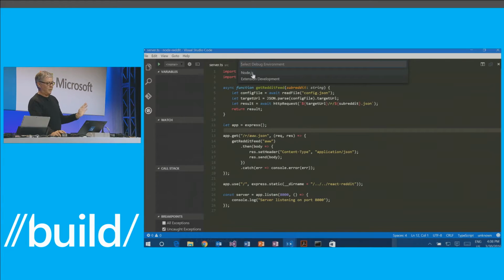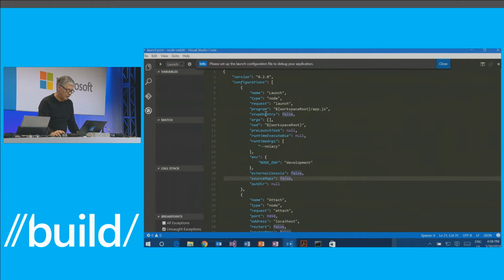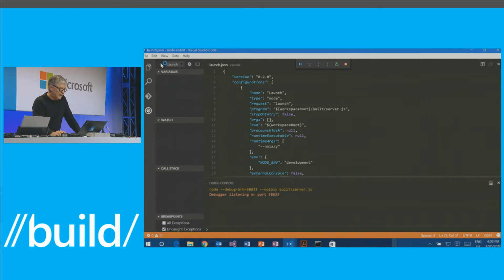And then it says, oh, I've never run before. You need to configure what it means to run this app. We say, well, we're going to run with node. And in here, we want to run built/server.js. And we want to enable source maps. So I'll just save that, and I'll launch. And that launches our server.